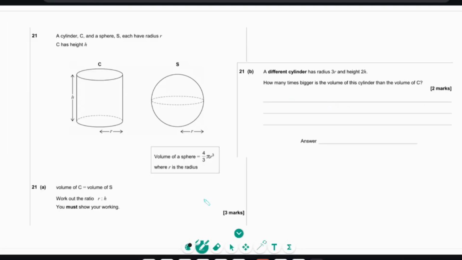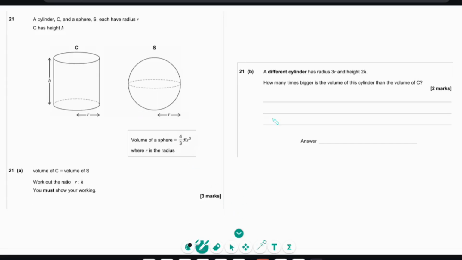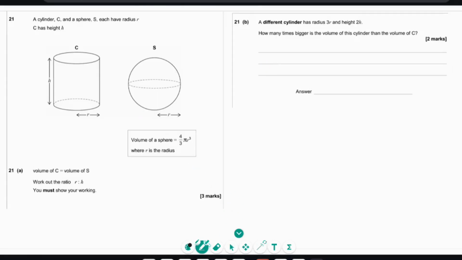Question 21. A cylinder C and a sphere S each have a radius R. C has height h. Volume of a sphere is 4 over 3 pi r cubed. The volume of C is equal to the volume of S. Work out the ratio of R to H. Okay, so